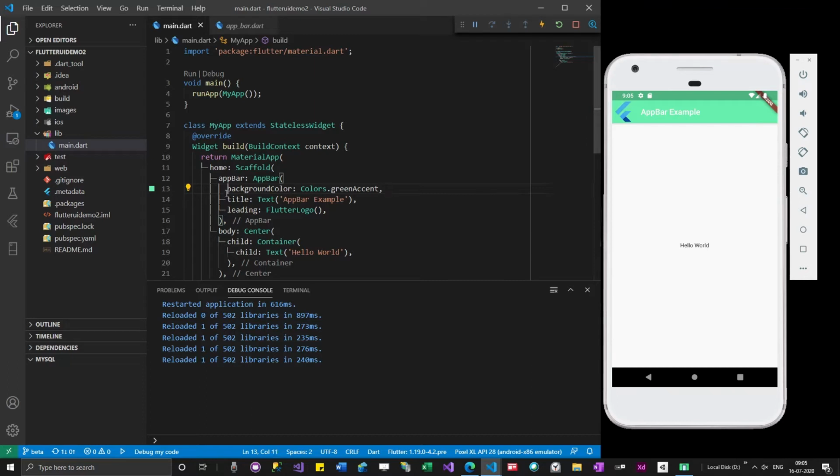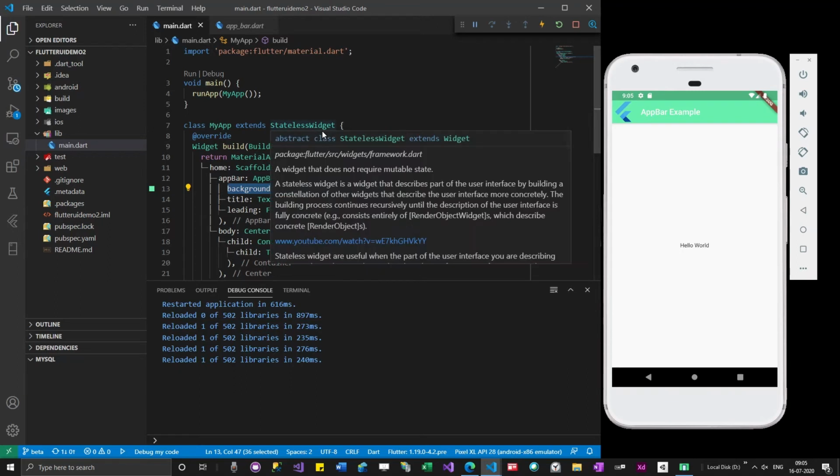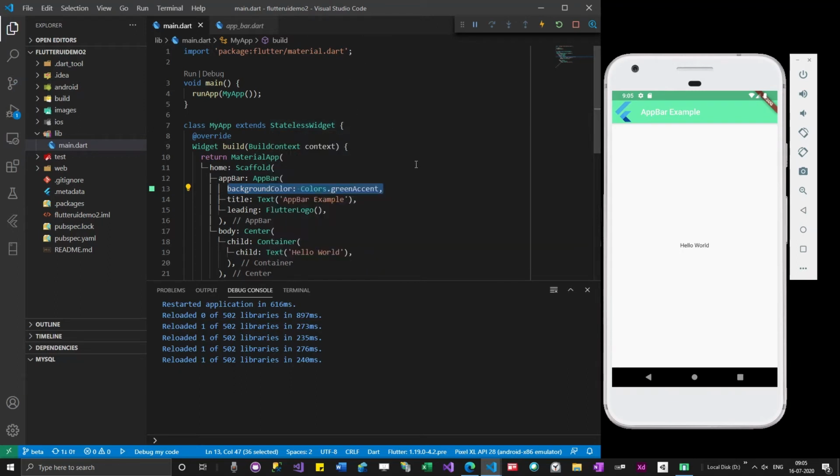In Flutter we don't play with colors much. Instead of declaring colors in particular places, we declare colors at the root, at the top of everything, so that colors will be consistent across the app. If you are from a web background, you know that keeping colors in sync is very difficult.